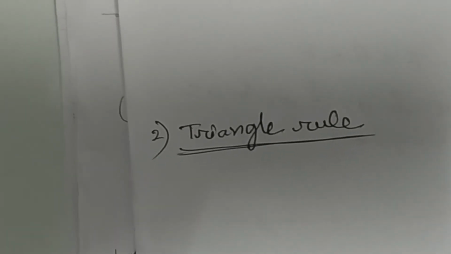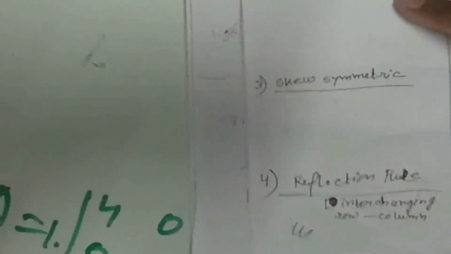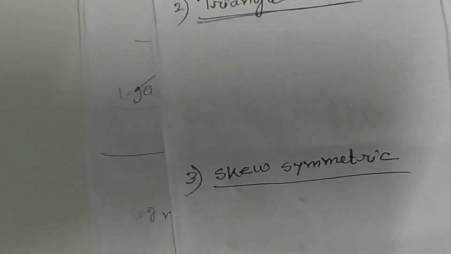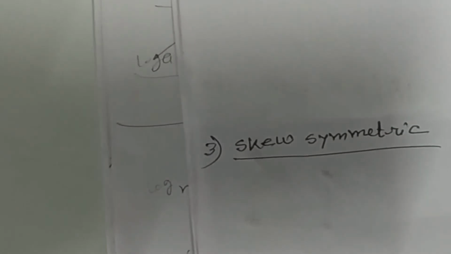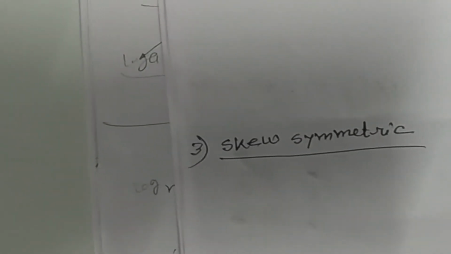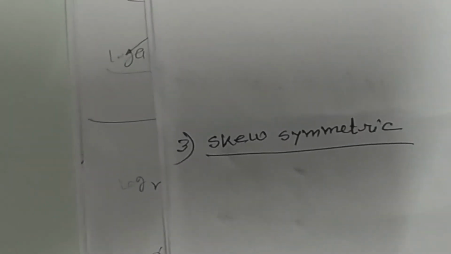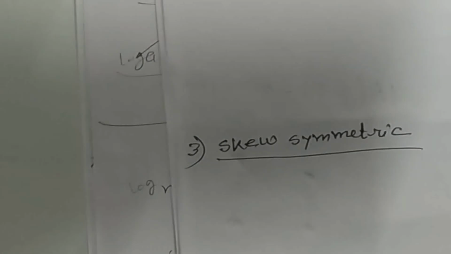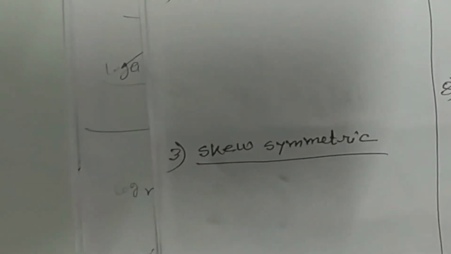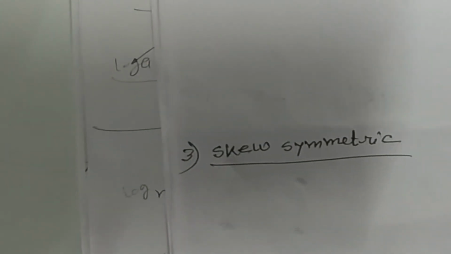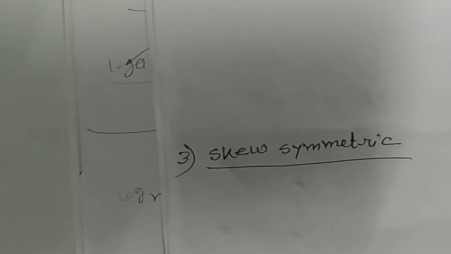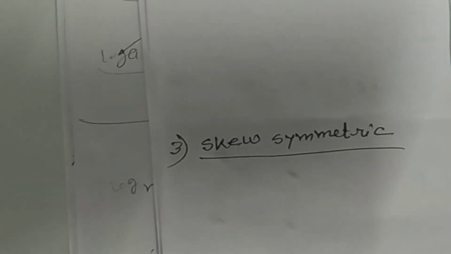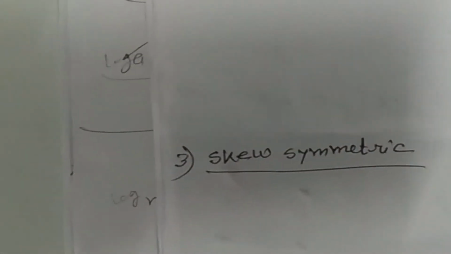Okay, and again skew symmetric matrix, all the concepts I have told you. The diagonal elements are always 0. All the diagonal elements are 0, and then the opposite side elements are of the same value but opposite sign. Skew symmetric determinant I have told you. And for a 3 into 3 skew symmetric determinant, or a 1 into 1 skew symmetric determinant, they are always 0. Skew symmetric determinant of odd order is 0.